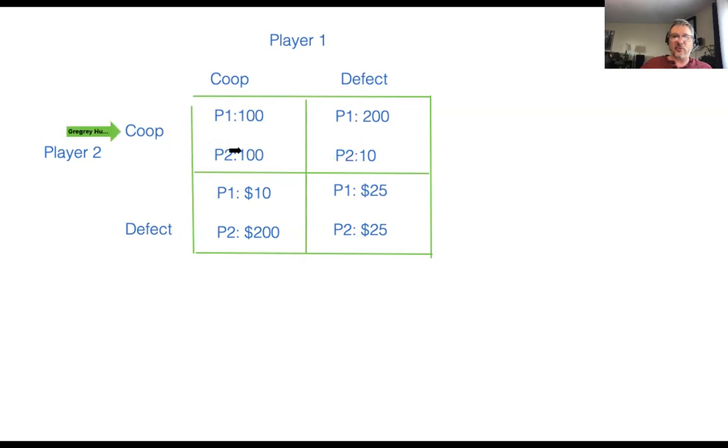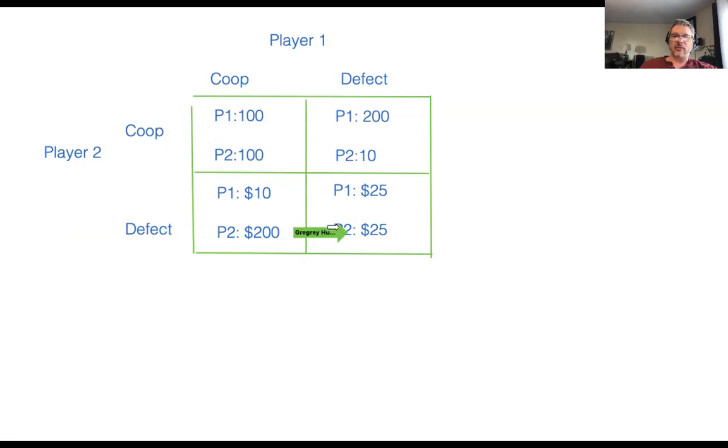So this is player two's cooperation payoffs and player two's defect payoffs. So by noting that the payoffs are better under defect for both of the responses